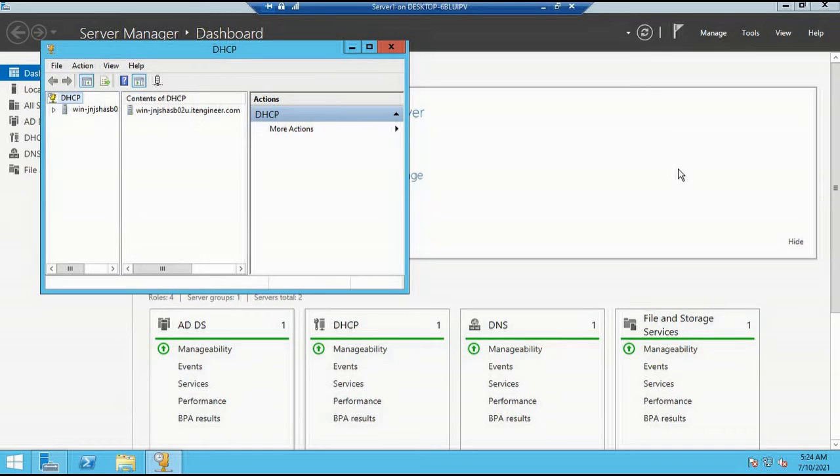We configure the DHCP with IPv4. Click on IPv4. Right click on IPv4 and select New Scope.